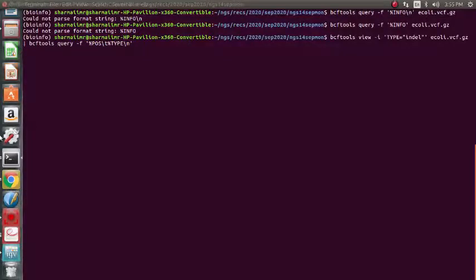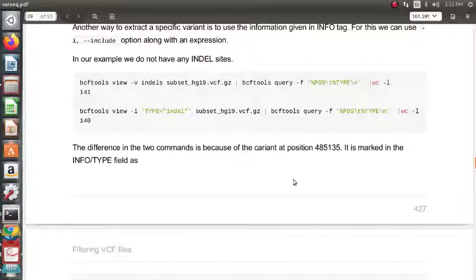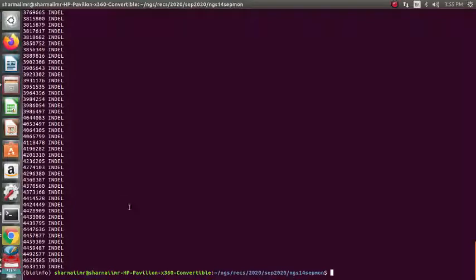Okay, so this should be fine, and this is in single quotes and that is in single quotes. Yes, so you are seeing right now all are indels. These are all the indels, right? We are seeing all indels on the right column.